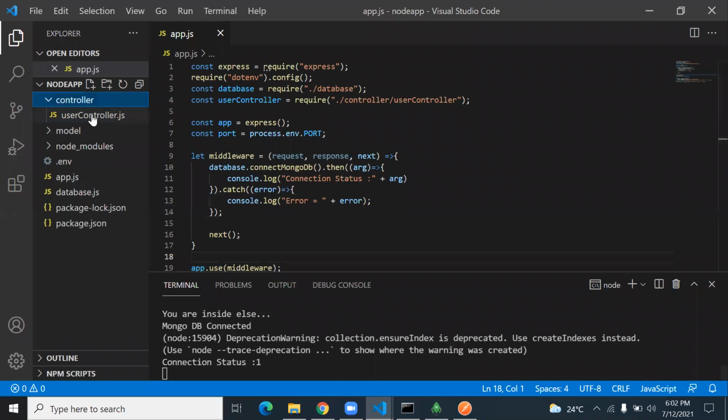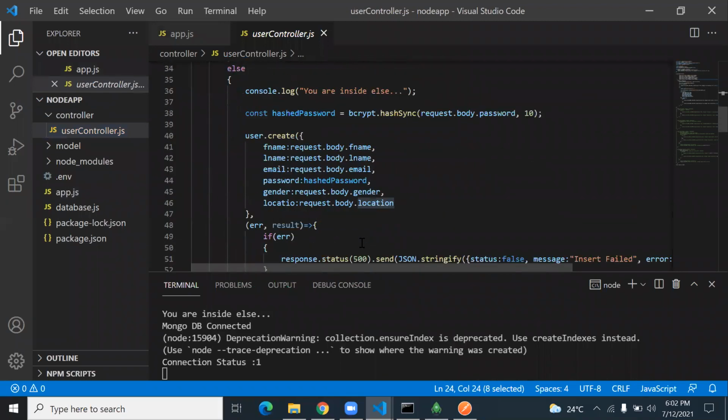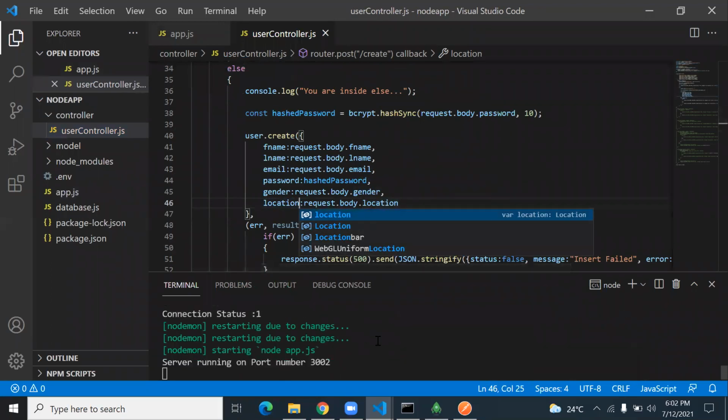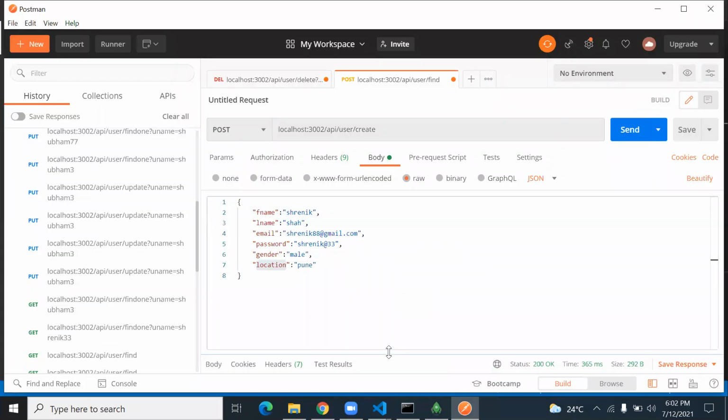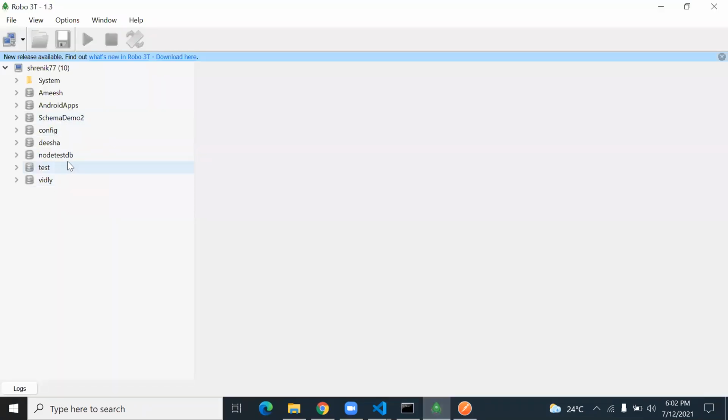Go for the controller. Scroll down. Location. It is correct. Okay, so it did not find the location. Okay, here is the spelling mistake. I will do this once again. Send. Yes, insert successful. So on this side, now if I refresh my